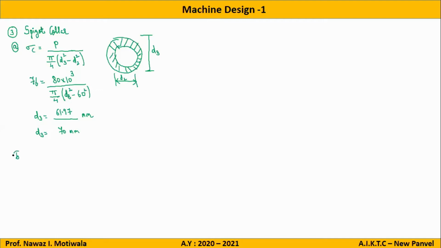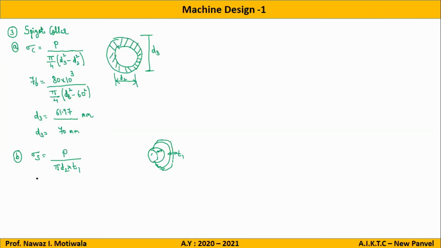Part B. What is the second failure? Shear. This is a spigot collar, and while failing, what will happen? This entire collar will slide on this surface. So sliding area will be how much? Sliding area will be the circumference of this spigot. First I will write down the area. So it is pi into D2, which is the circumference, multiplied by how much it will slide, till the thickness of this collar. So it is T1. So area is pi into D2 into T1 and load will be load only P.